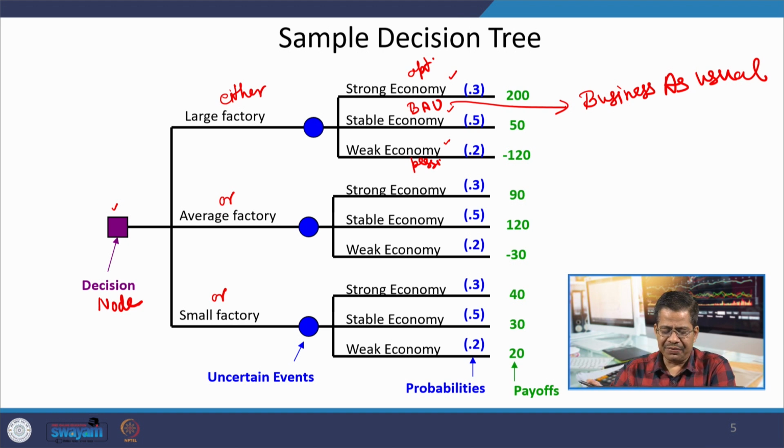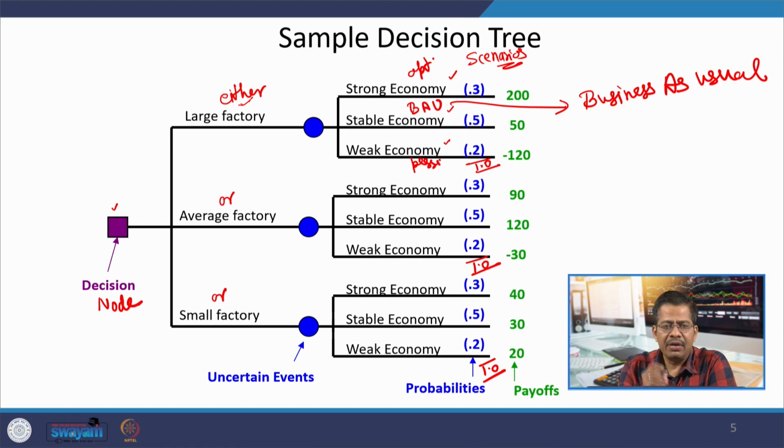And on the basis of that, if I am opening a large factory, these are the different kinds of scenarios. In the bracket, in the blue color, these numbers are basically probabilities. Please note down that these probabilities sum to 1. For every decision, whatever all possible situations are coming, uncertainties are happening, the sum total of their probabilities is 1.